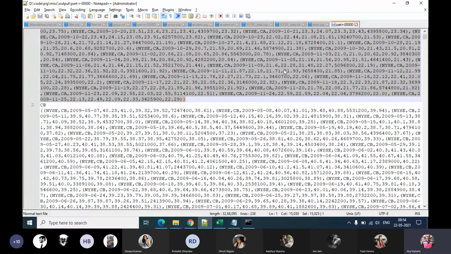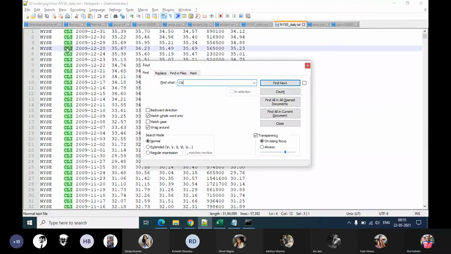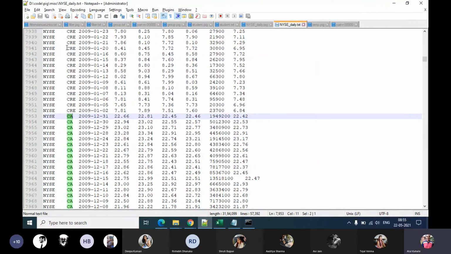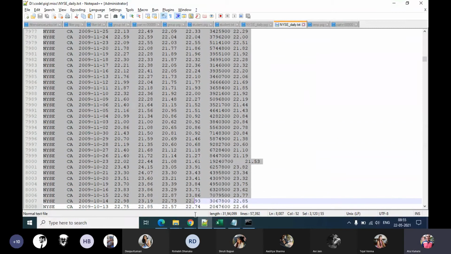So if we look at the data file, which I have uploaded here, there must be a stock somewhere called CA. All these CA records are combined, or they are grouped.